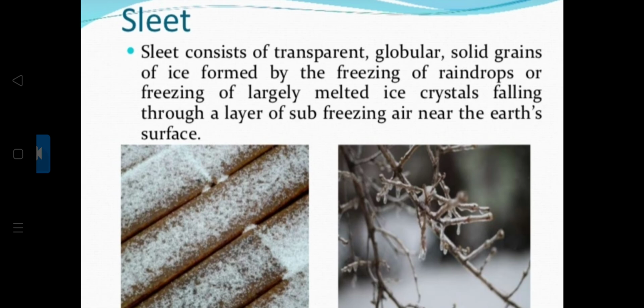I showed you how the bifurcation is done. We spoke about heat balance in detail, the heat and atmosphere, how they are connected, the short wave and the long wave, terrestrial radiation, solar radiation, and net radiation. Then we came to the next topic, pressure belts. The different 7 pressure belts we studied.